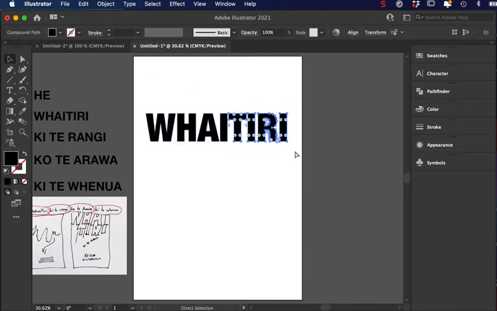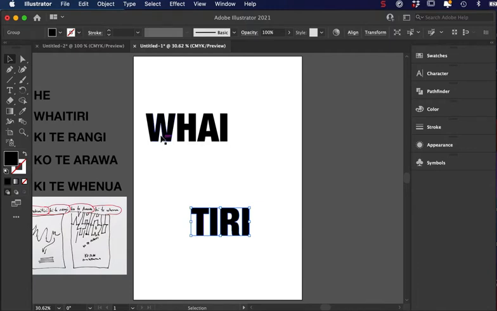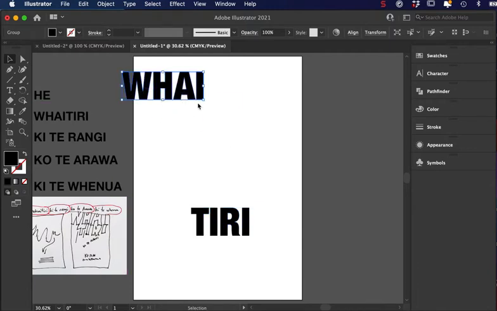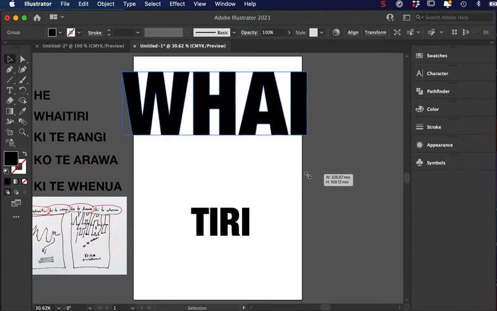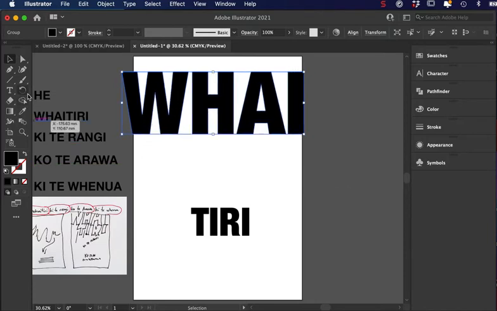So I'm going to separate it out into this, and then I'll go Command G, which is group, and then I'll grab this. Command G is a group as well. So I'll move this out of the way, and this one, I'm just going to expand it right up. I'm going to come over here, and I'm going to go to the Shear Tool, and holding the Shift key,